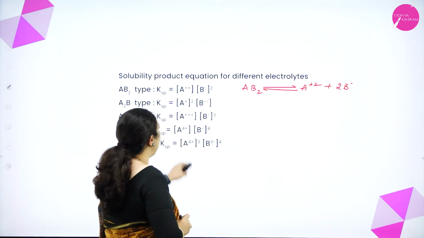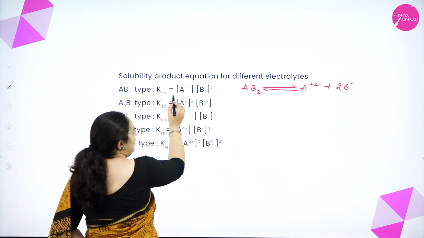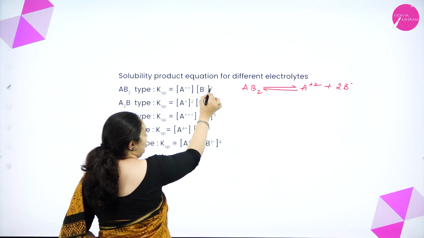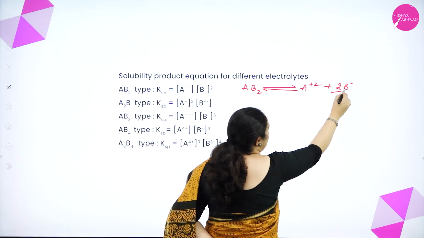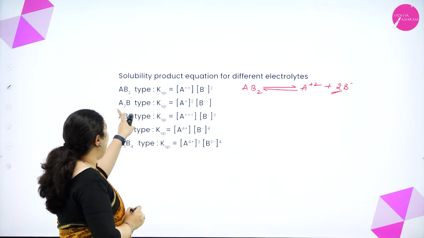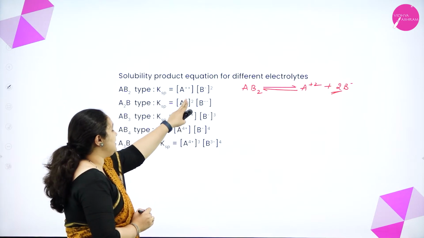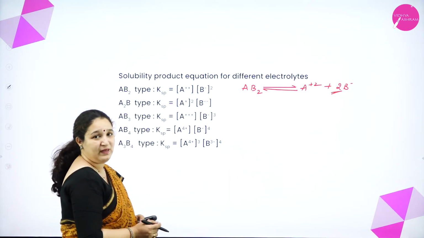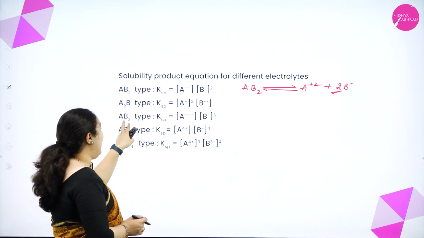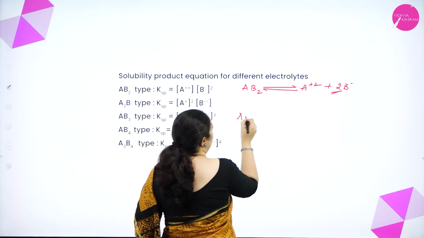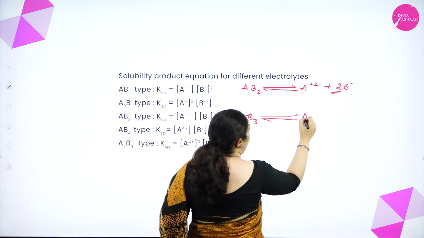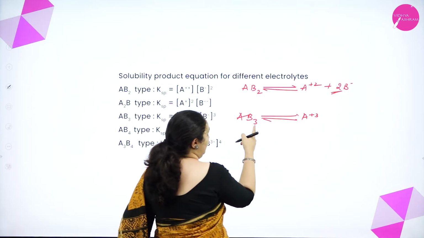So, solubility product will be the molar concentration of A plus 2 into the molar concentration of B minus to the power 2, because there is a stoichiometric coefficient. Similarly, for A2B type, it will be A plus to the power 2 and B minus 2. Next, for AB3 type,